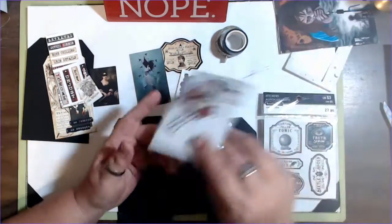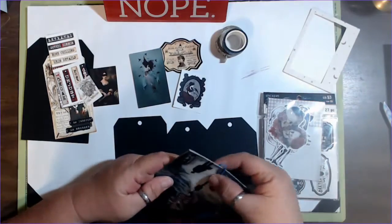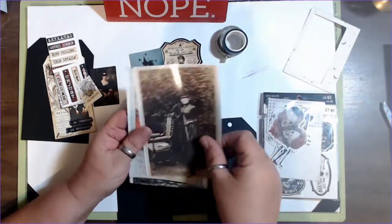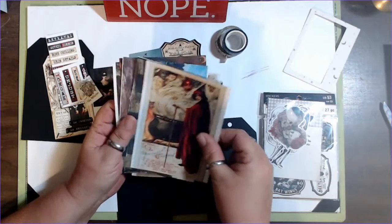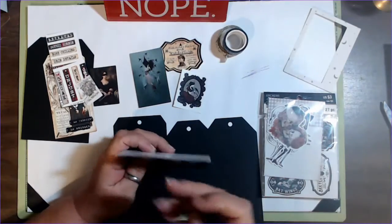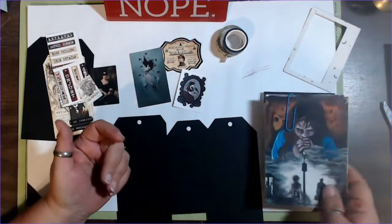I have some skeleton stickers. I have some graphics that the beautiful Miss Laura Free sent me. So I've got some haunted houses and some witches and stuff. And I thought, you know, I could back that on something and make a nice journaling card out of it. So, you know, in a cemetery. And just some really cool little images. So I may use some, I may not. I may use them all. Who knows? I probably won't use Carrie, but...